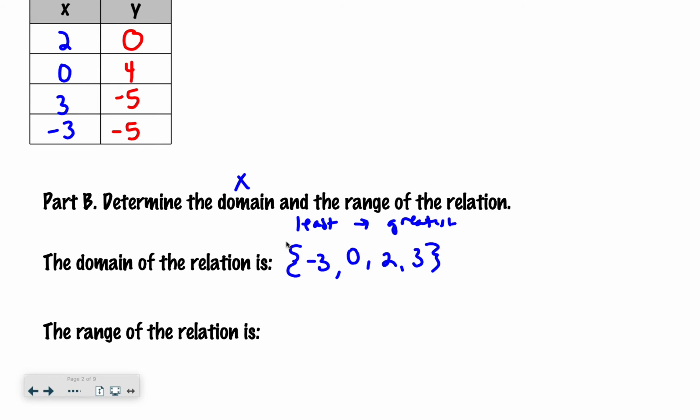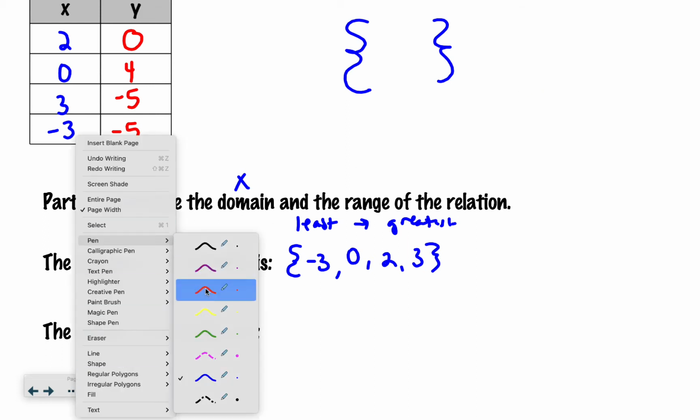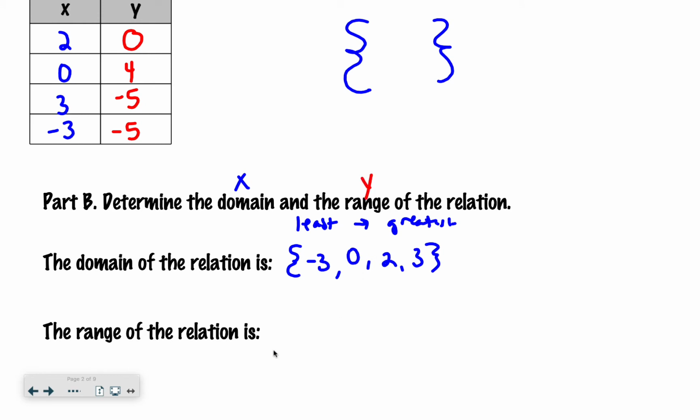If you need help doing those squiggly brackets, something that can be helpful is you do an S, and then you do a backwards S. And then to close it, you do a backwards S, and then you do a forwards S. That can sometimes make it easier to draw those if you have a hard time. And then the range is the same idea where you go least to greatest